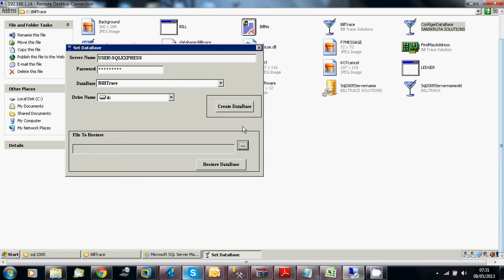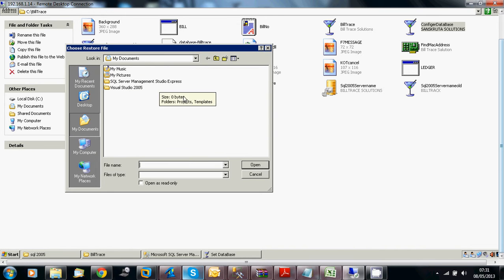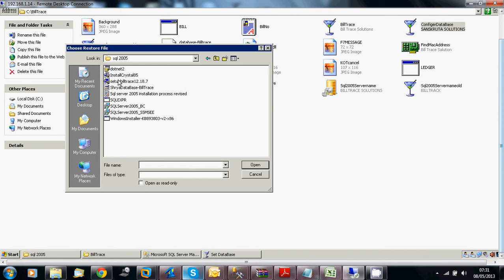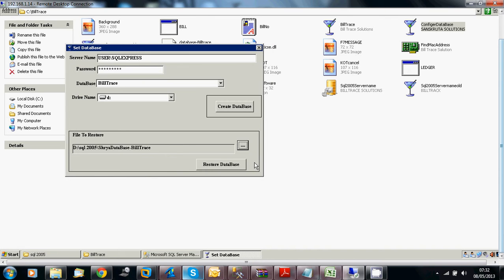See, this is the box where I need to create that. Just create and select the drive where you copied your database. Now I copied the database into this one, C drive and D drive. The Shreya database, it is the name of the hotel. I'm configuring the software for this restaurant.